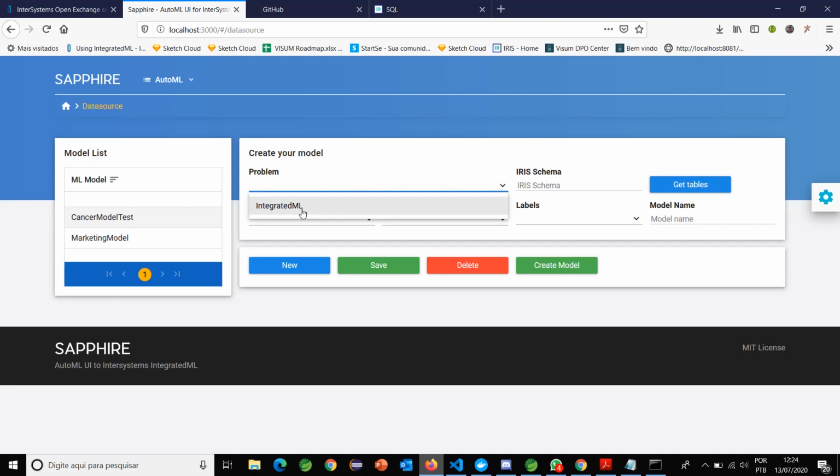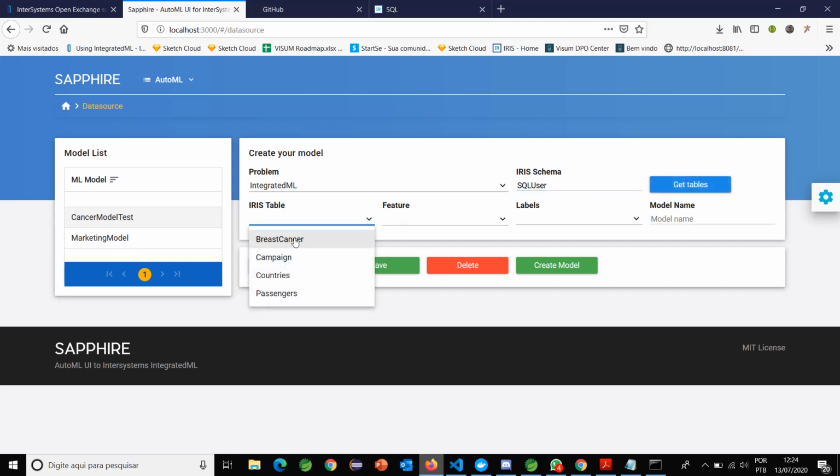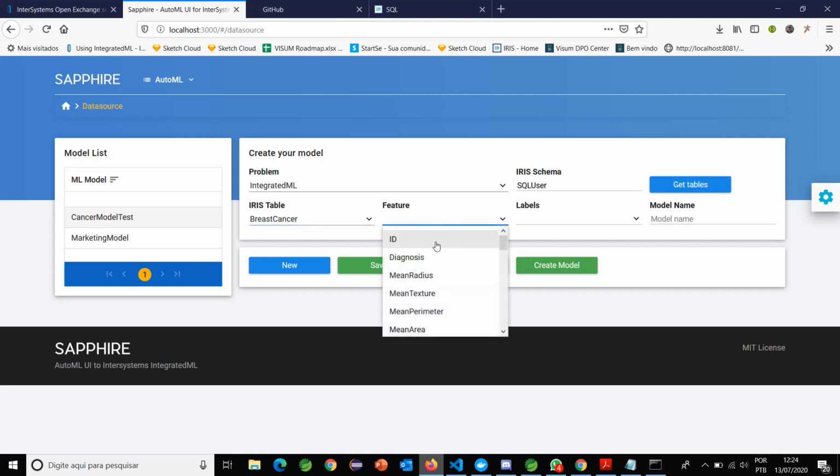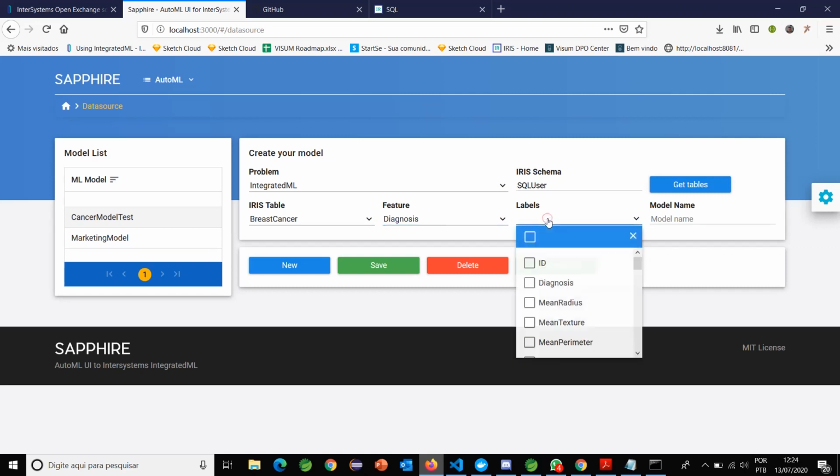I select a problem, select the iris schema, get the tables from the schema. Okay, I will create from cancer table. I want to predict the diagnosis labels, all labels,